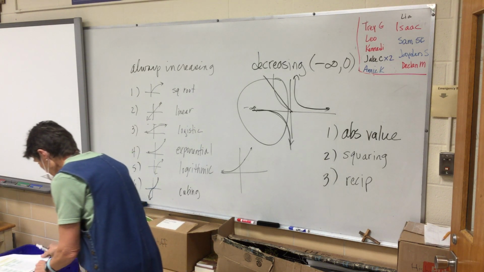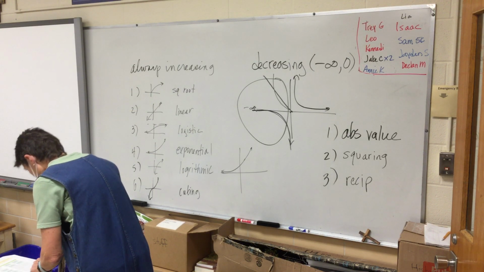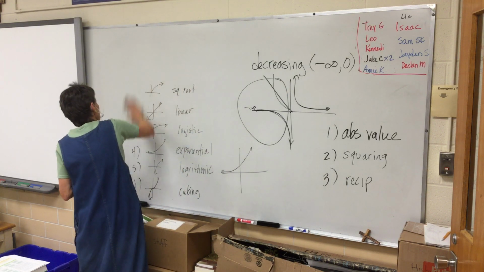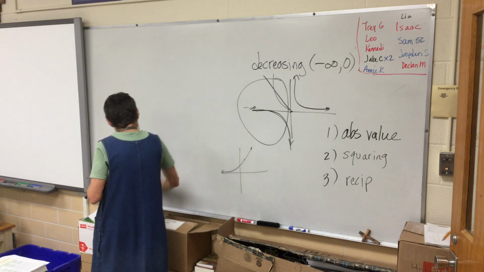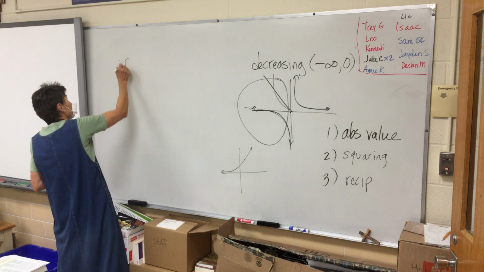Okay, so what's the next one? 22. Three functions with infinitely many local extrema. Now what in the heck does that mean? Let me write that down. So, infinitely many